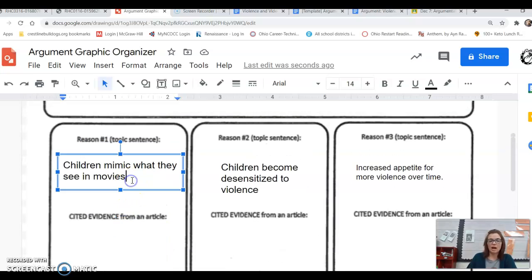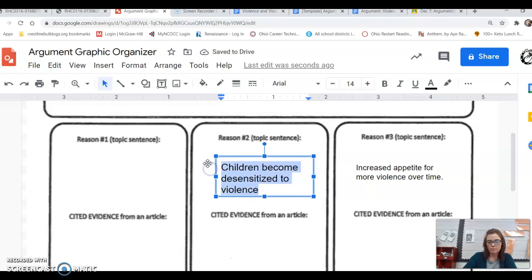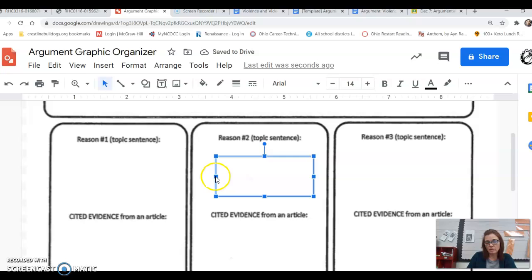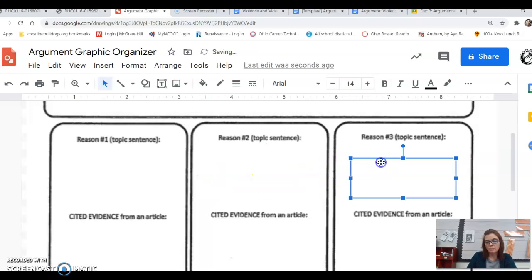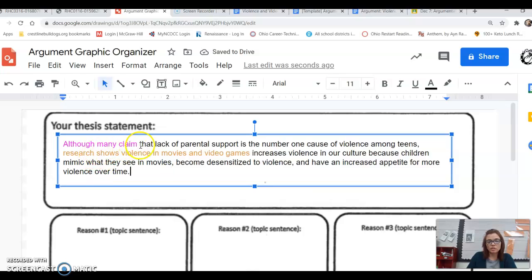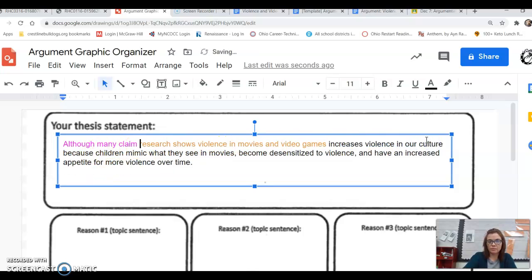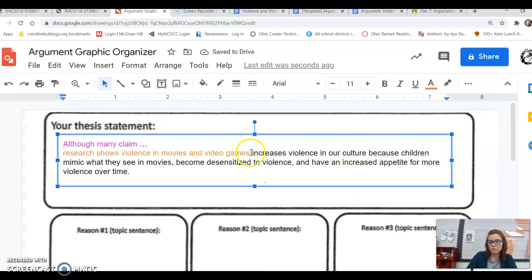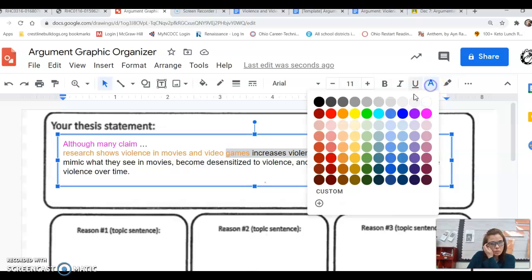So you're going to go down through. Now, I don't want you to use these as yours. I mean, you obviously can. That's why I'm not going to complete it. You're going to have to use some of them because obviously we all read the same articles. There's all the same evidence. Okay? So I want you to start although many claim, I want you to start in that fashion. Research shows, and you definitely need to state this as well.